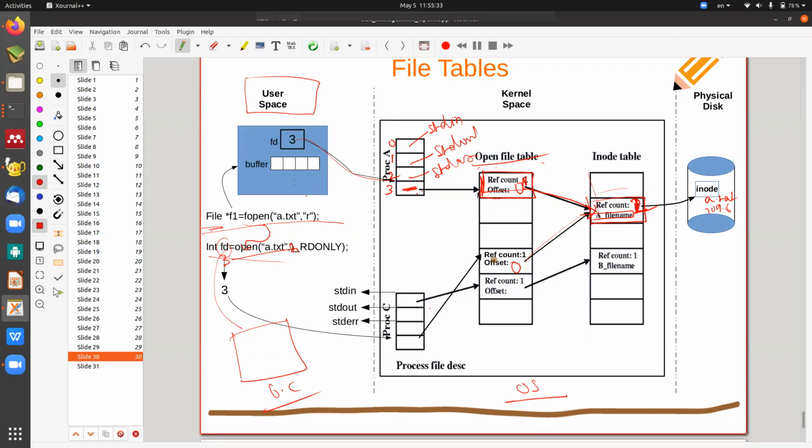तो फिर क्या हुआ? मैं तो एक ही में भी बना सकता था. हाँ, वो क्या होता है? Suppose this file is reading up to 2 characters, then उसका ऑफसेट क्या होगा? 01 रीड कर दिया, ऑफसेट 2 होगा. When he has read 5 characters, उसका ऑफसेट क्या होगा? 5 होगा कि नहीं? Because 2 files are separately reading these files or not. समझ में आया? Yes, इतना समझ में आ रहा है?